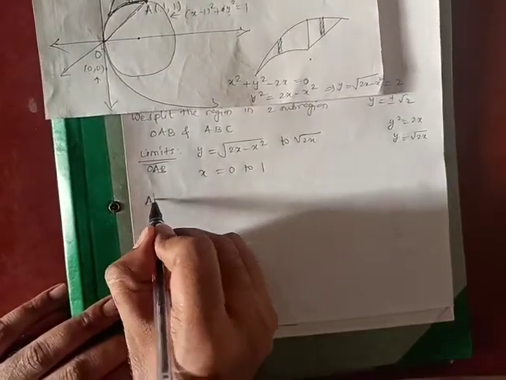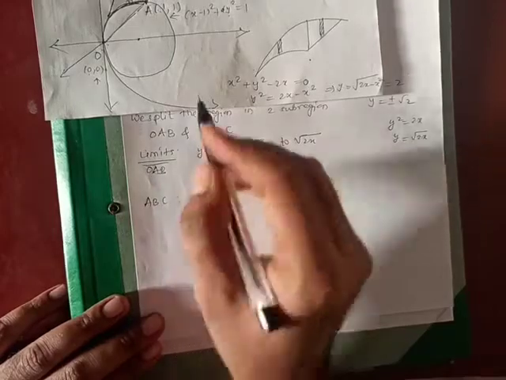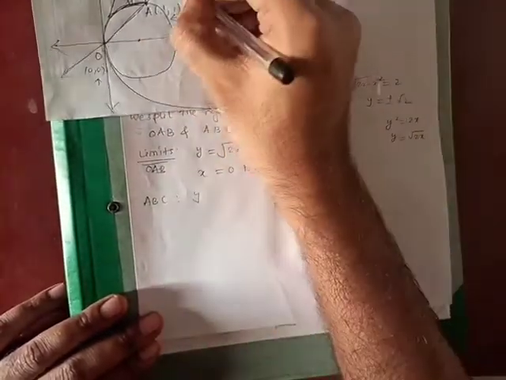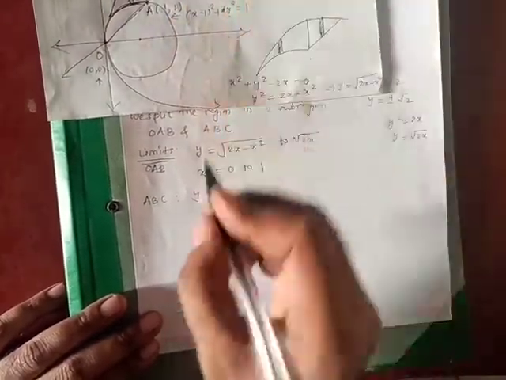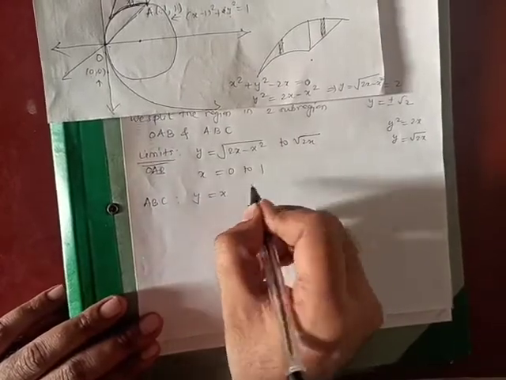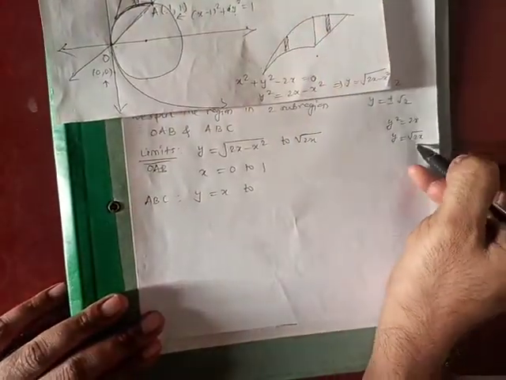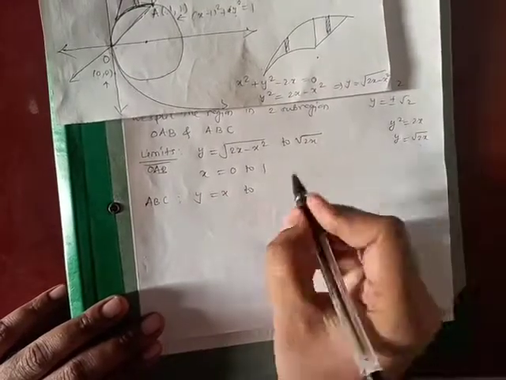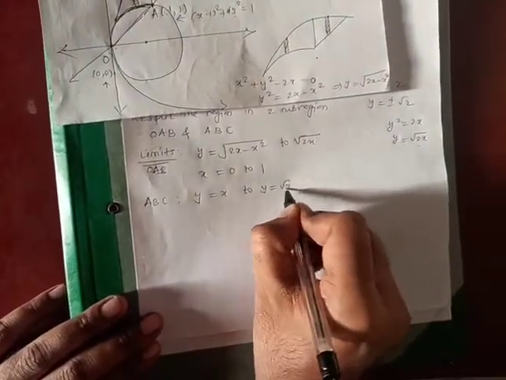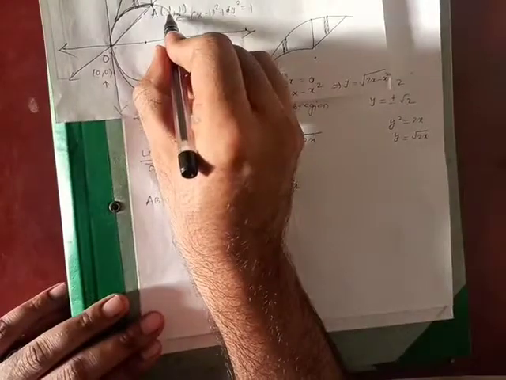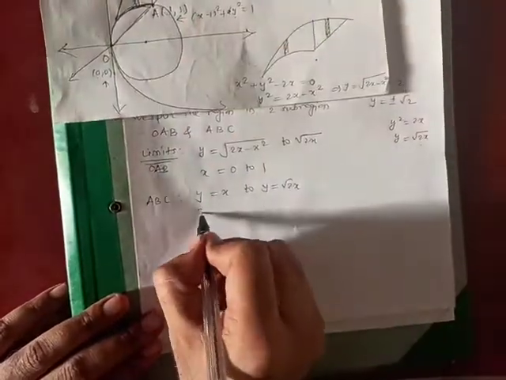For ABC now, y varies from this curve to this curve. This curve is y is equal to x, so y varies from y is equal to x to this curve, and this curve is just now found plus root 2x, so y varies up to root 2x. At the same time x will vary from 1 to 2,